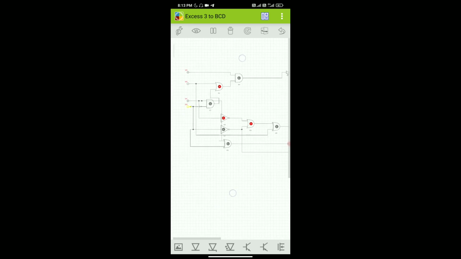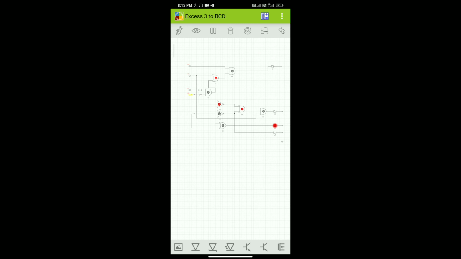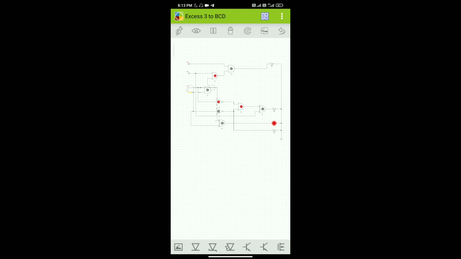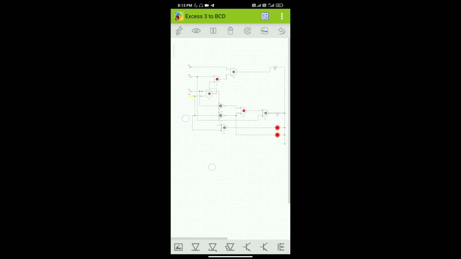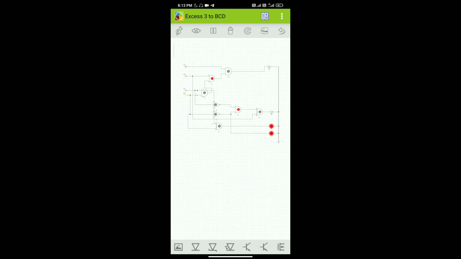Setting 0101, we are getting 0010. Next, 0110, and we are getting 0011.